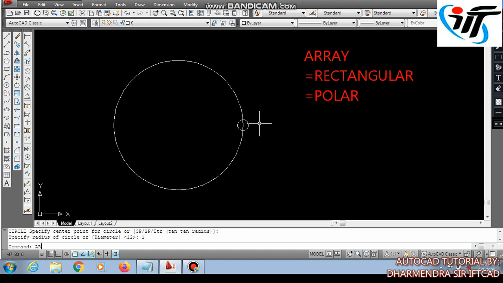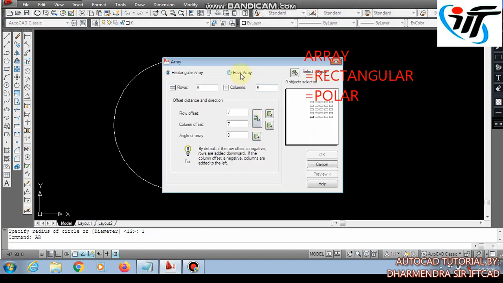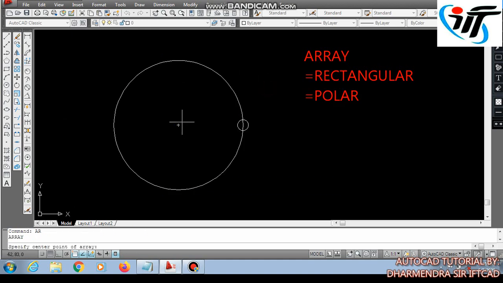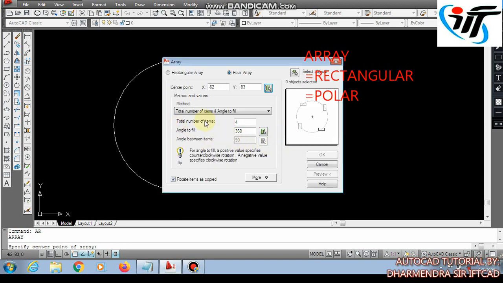For this object, AR enter, choose polar array. Okay, for center point click here and find out if the center is showing. There is a plus sign, which means it's locating the center. Okay, now it's asking about the total number of items. I want to put 12 or 18. Let's take 12.